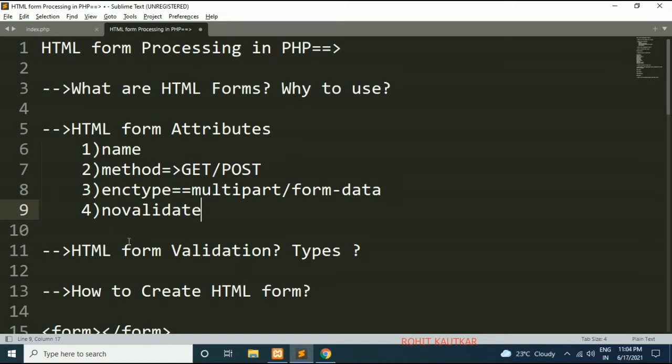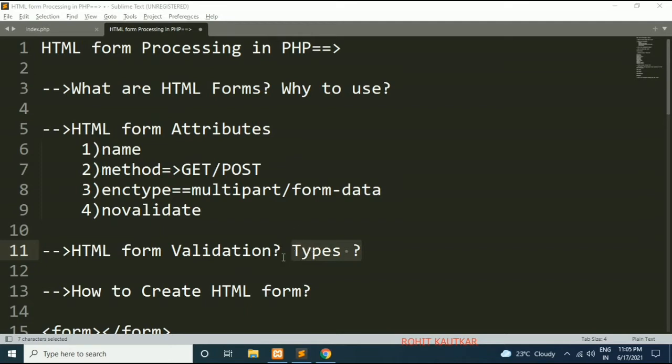Now next we will try to understand what HTML form validation is and what its types are. HTML form validation is a simple process of testing to ensure that the user has filled in the required information in proper formatting through the HTML form. The purpose of HTML validation is to check whether the user has submitted the right data or not.